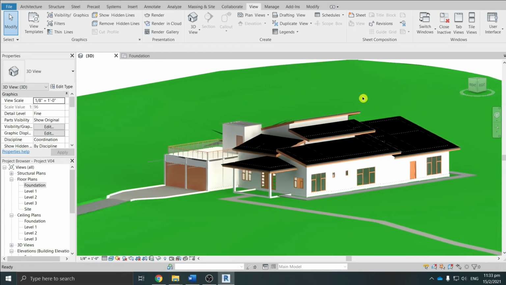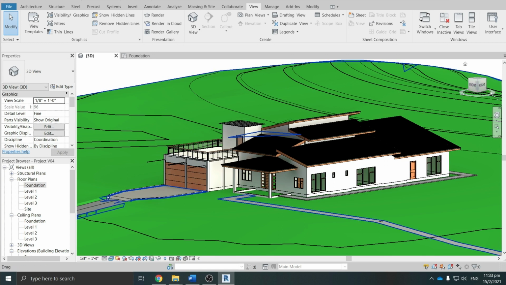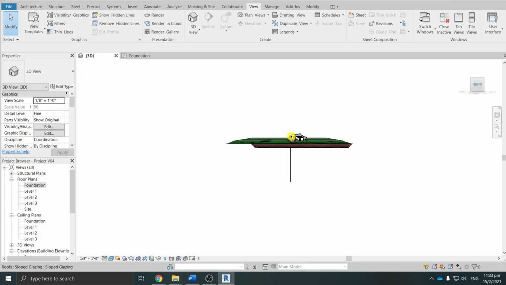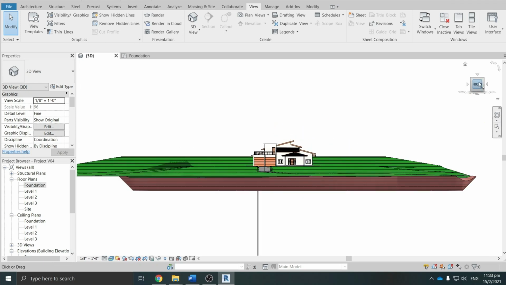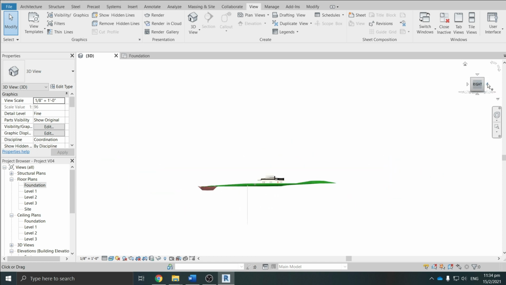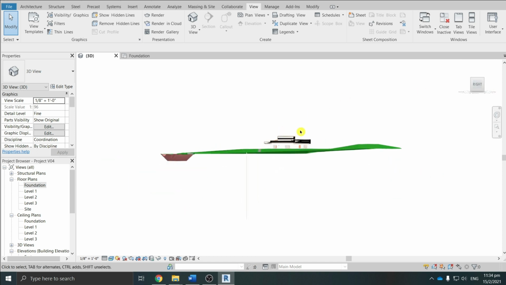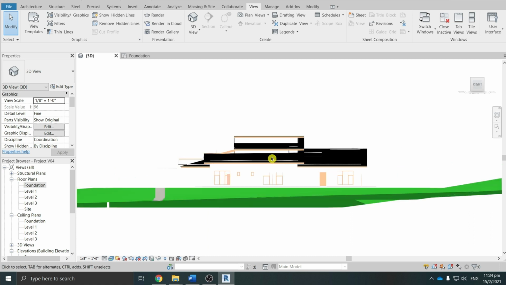When you look closely into this cube, it has a front, back, top and so on. Once you click on one, let's say front, the model rotates and shows you the front elevation. When you click this arrow on the right, the model rotates at 90 degrees to show the right elevation.